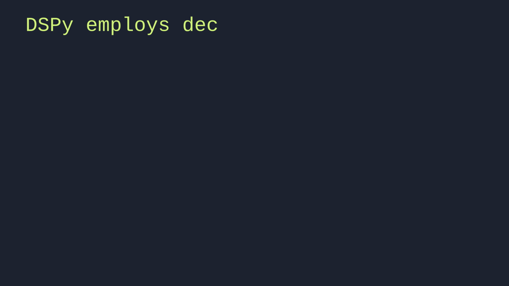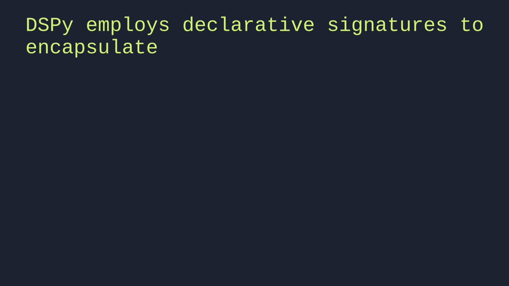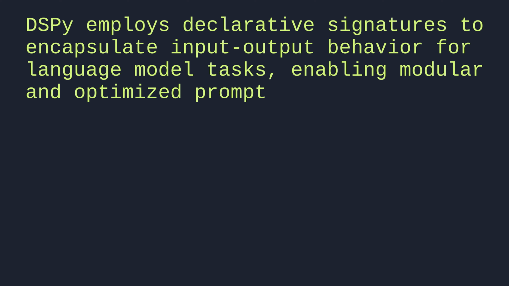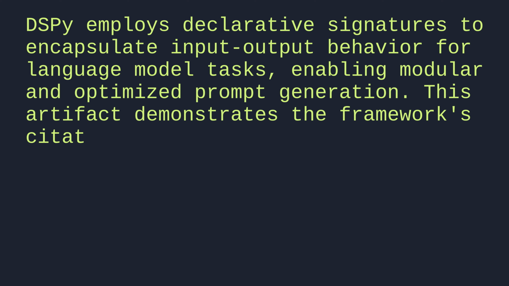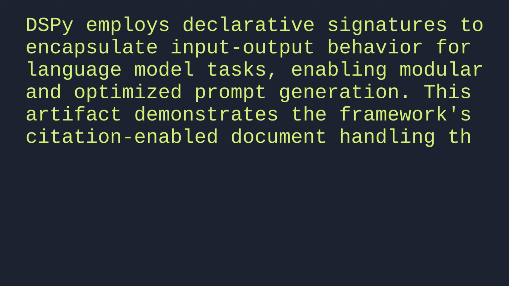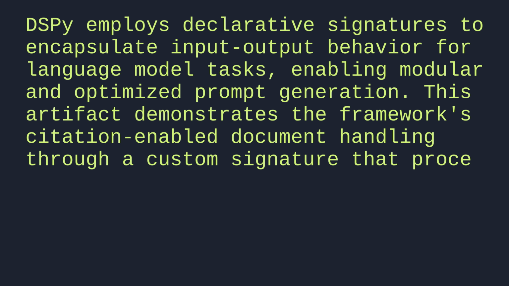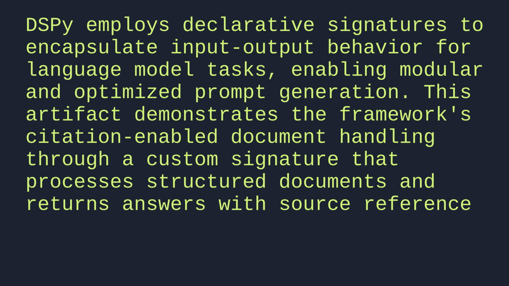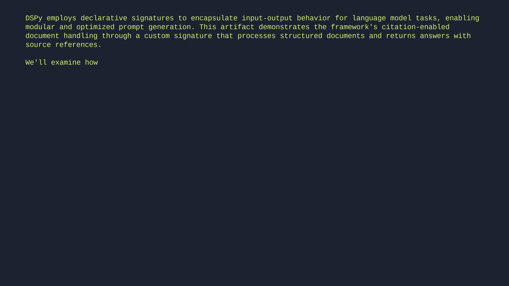DSPy employs declarative signatures to encapsulate input-output behavior for language model tasks, enabling modular and optimized prompt generation. This artifact demonstrates the framework's citation-enabled document handling through a custom signature that processes structured documents and returns answers with source references. We'll examine how the AnswerWithSources signature is defined with document and citation types, how documents are instantiated with